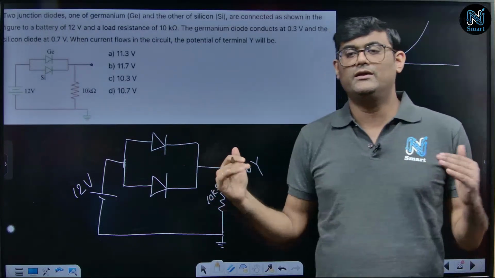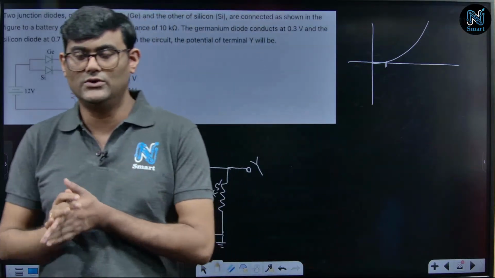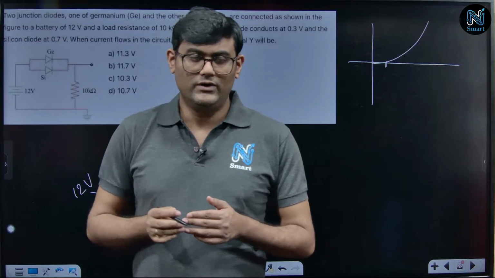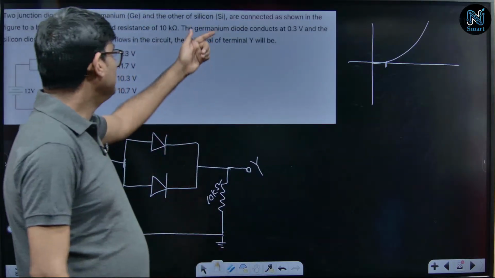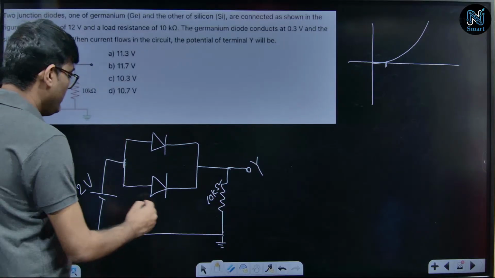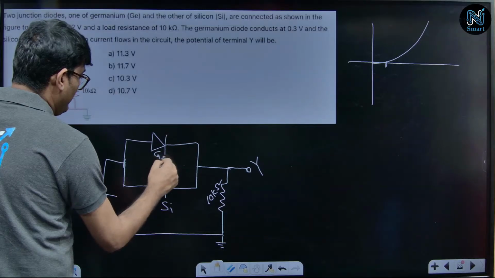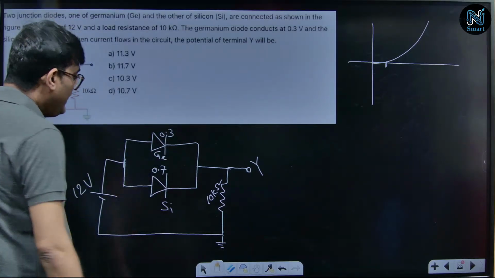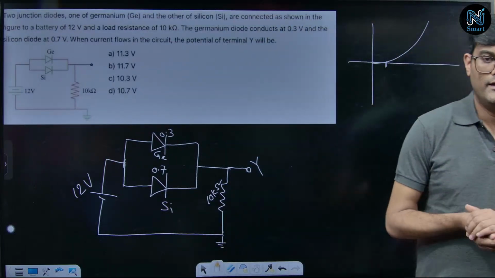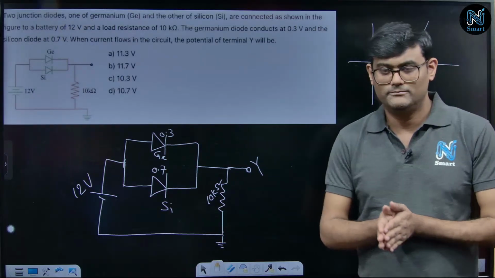কারণ ডিপ্লেশন লেয়ারের ভেতরে যে ইলেকট্রিক ফিল্ডটা অলরেডি ক্রিয়েটেড রয়েছে, সেই ইলেকট্রিক ফিল্ডকে ওভারকাম করার জন্য মিনিমাম একটা ভোল্টেজ ডায়োডকে খরচ করতে হয়। এই ভোল্টেজটাকে নি ভোল্টেজ বলা হয়। এই ক্ষেত্রে বলা আছে জার্মেনিয়ামের নি ভোল্টেজ 0.3 আর সিলিকনের 0.7। তার মানে এইটা সিলিকন, এটা 0.7 বলতে পারো, এটা জার্মেনিয়াম, এটা 0.3 বলতে পারো। এই কেসে তোমাকে ওয়াই পয়েন্টের পোটেনশিয়াল বার করতে হবে। ইটস আন ইন্টারেস্টিং কোয়েশ্চেন, একবার ট্রাই করতে পারো তোমরা সকলে।